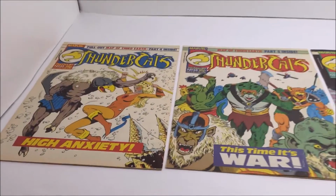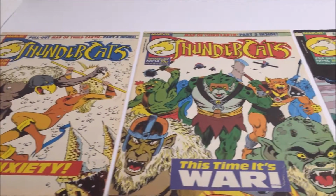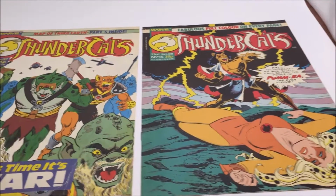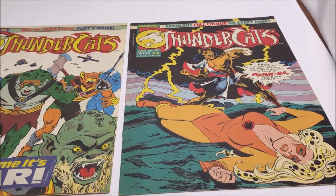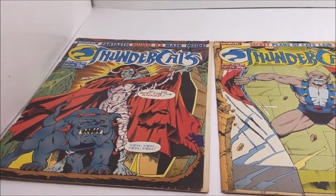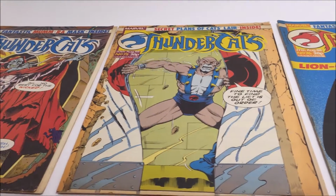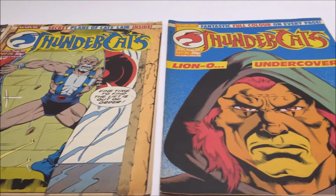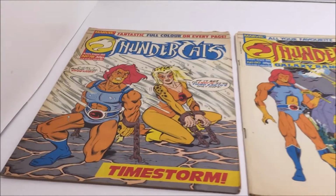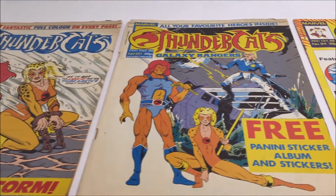The first volume of Thundercats was released in March of 1987, and the series ran for 129 volumes. This also included seasonal specials, trade paperbacks, and annual comics. The Thundercat UK comics were initially published as a weekly release until volume 84, where it became bi-weekly until volume 95. At that point, the series was released monthly until volume 105, where it returned to a bi-weekly schedule. The final volume was released in January of 1991, and the Marvel UK comics is the longest-running Thundercat comic series